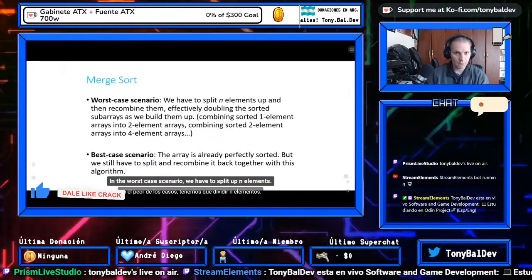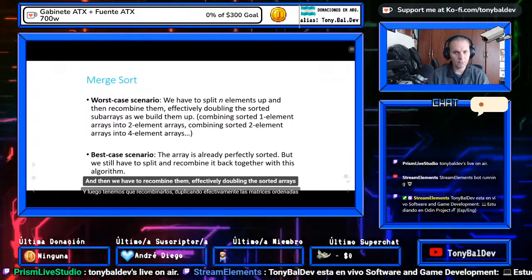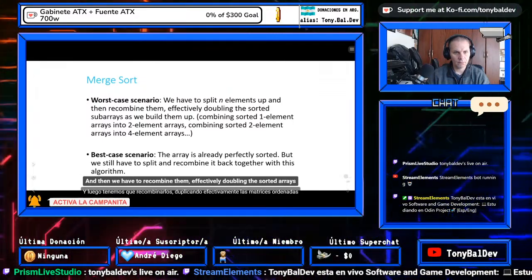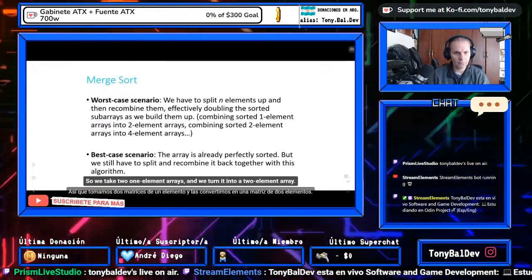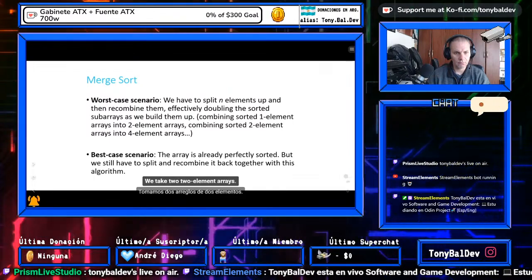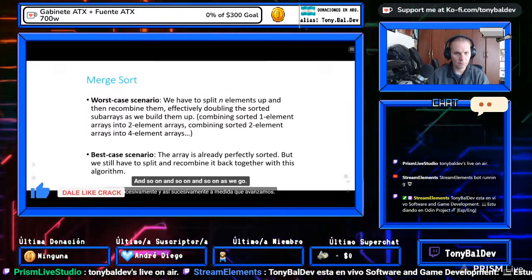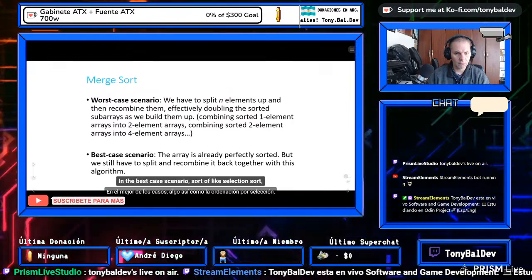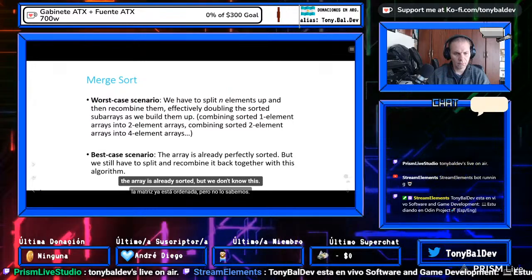In the worst case scenario, we have to split up n elements, and then we have to recombine them, effectively doubling the sorted arrays as we build them up. So we take 2 one-element arrays and we turn it into a 2-element array. We take 2 two-element arrays, we make it into a 4-element array, and so on and so on as we go. In the best case scenario, sort of like selection sort, the array is already sorted, but